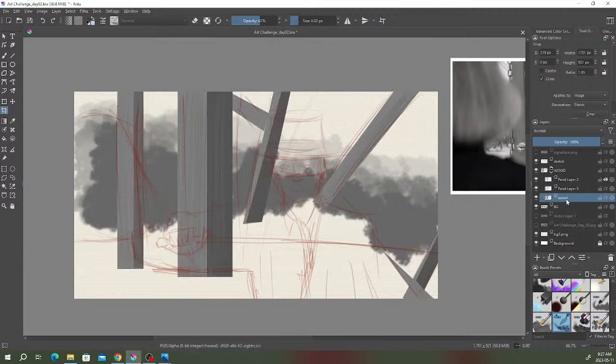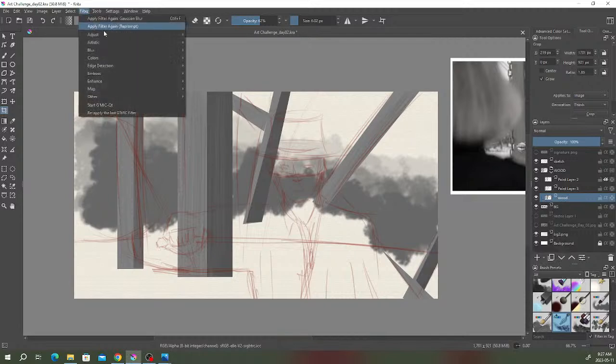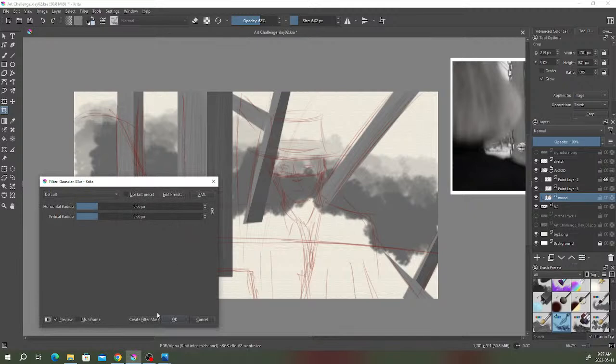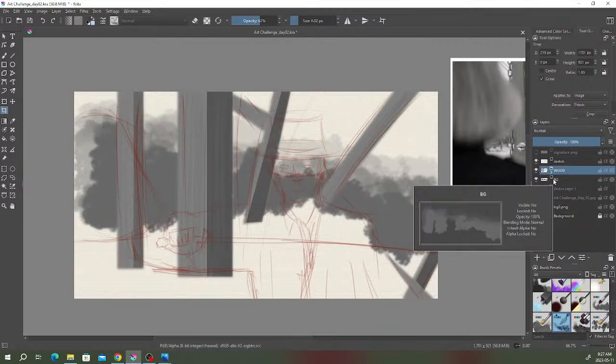Okay, I will blur just this layer. Okay, so